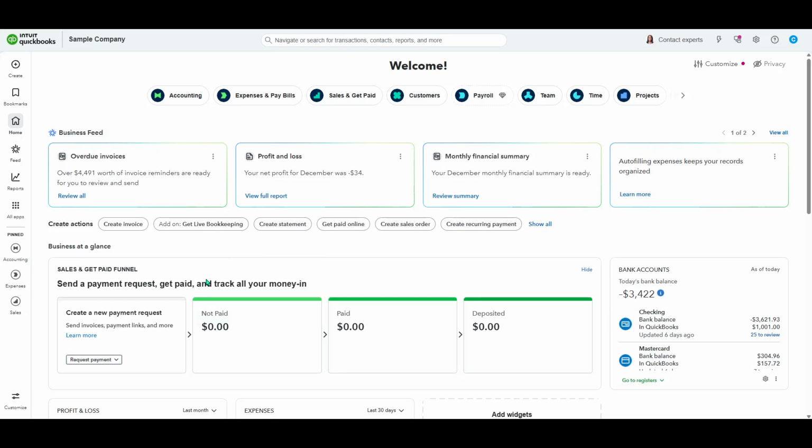In today's video, I'm going to teach you how to turn on price rules in QuickBooks Online. Price rules let you automatically adjust prices for specific products, customers, or time periods, so you can run promotions, offer special rates, or apply markups without editing each item manually. Turning this feature on only takes a moment, and once it's enabled, you'll be ready to build flexible pricing that